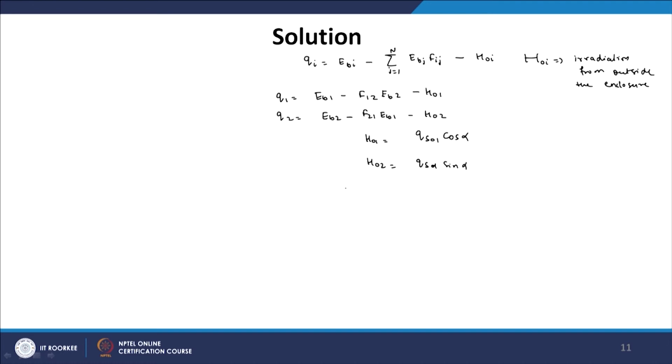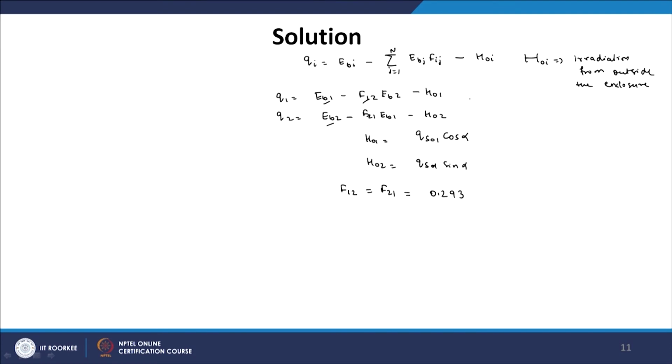So, what do we get? And the view factor F12 is equal to F21 because of symmetry, and we can find out again using tables. So, there is an entry in the view factor table in the book for 90-degree grooves. And this F12 and F21 is simply equal to 0.293. If you calculate using the tables, the view factor F12 and F21 you will get 0.293. Now, all the quantities we know, Eb1 and Eb2 are the same, sigma T to the power 4, the temperature of the two plates is the same, and F12 and F21 are also the same. So, what do we get?